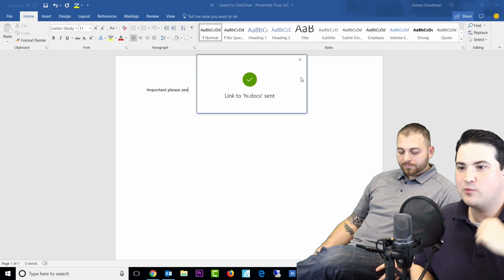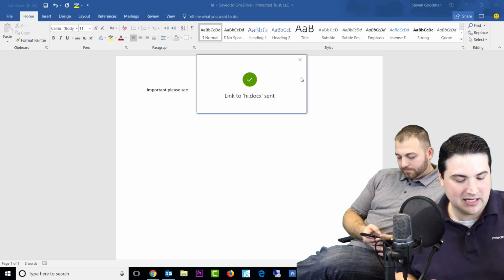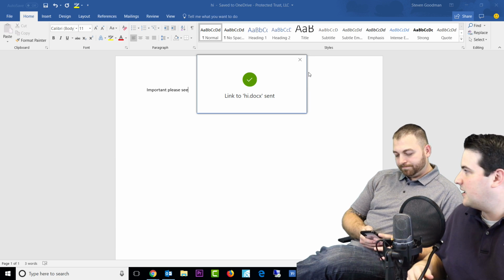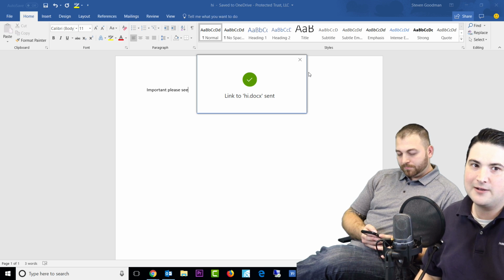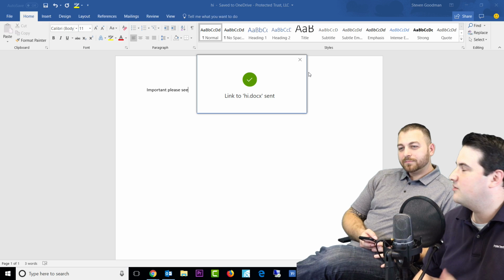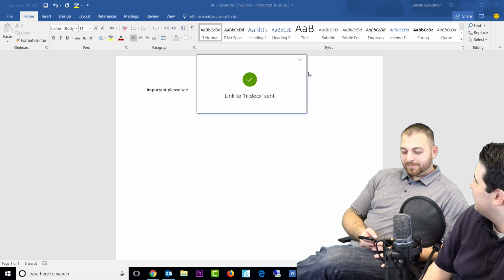And what Steve will get, he still will get an email letting him know that he now has a document to review, but it is essentially a link to the document in the cloud. So if you're checking it in your web browser, you see it... Keep jumping ahead of myself. Yeah. If you check it in Outlook,